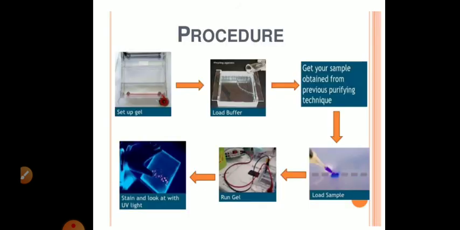Okay, so this is all the setup. You can see the other video which I have already sent, that is agarose gel electrophoresis, which I will send you again. So we have to take a gel casting tray. The two sides of the gel casting tray are closed. Now close the open sides with an insulating tape. Prepare agarose gel, boil it, and if you are carrying out staining by ethidium bromide, then you have to add ethidium bromide in the gel itself. If you are going to stain it with another safer method like using Coomassie blue, then you need not add ethidium bromide in the gel.